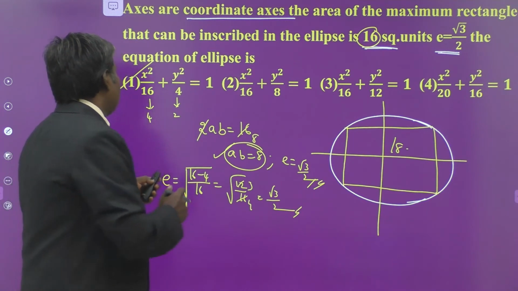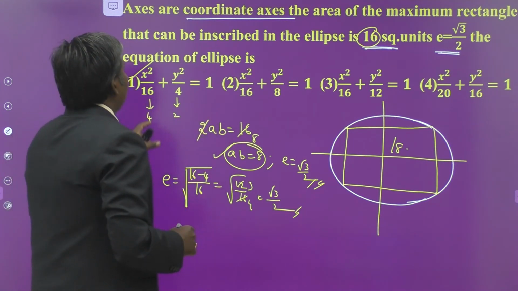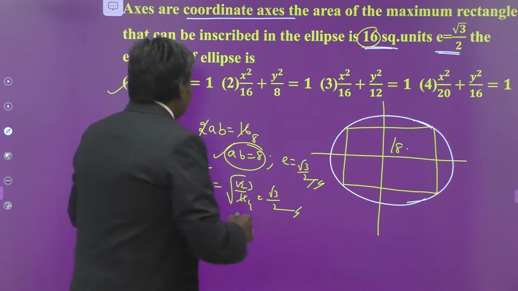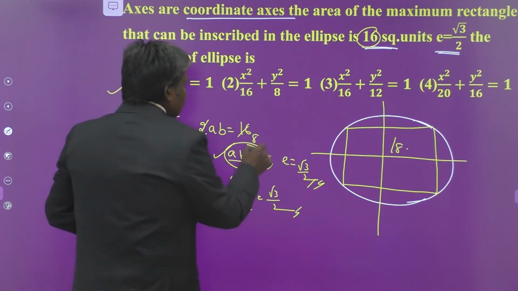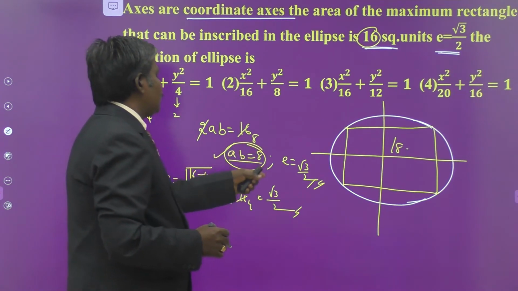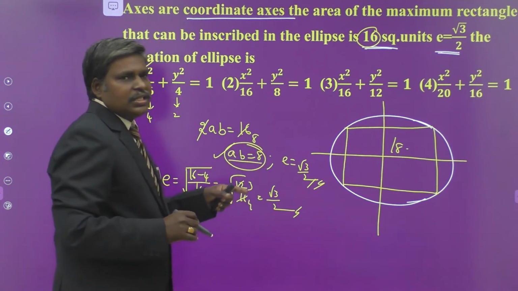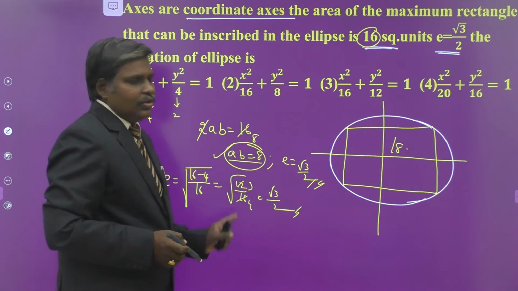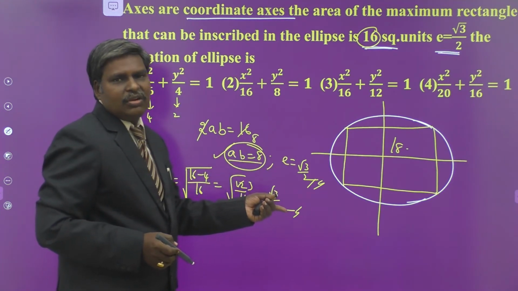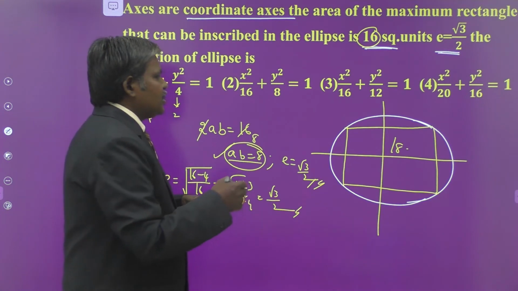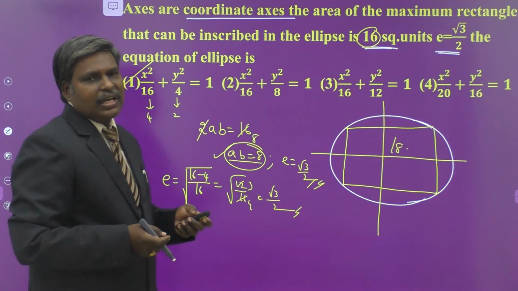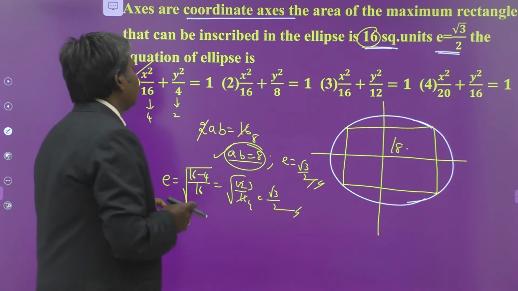Okay, that was by verification. If you want to write the solution directly, you can solve these two equations. Squaring this one, a square b square is equal to 64. You have b square is equal to a square into 1 minus e square. Substitute e there, you get the value of a, and then you can easily get the value of b. Substituting in the equation x square by a square plus y square by b square equal to 1, you obtain the required equation. Okay. Next one.